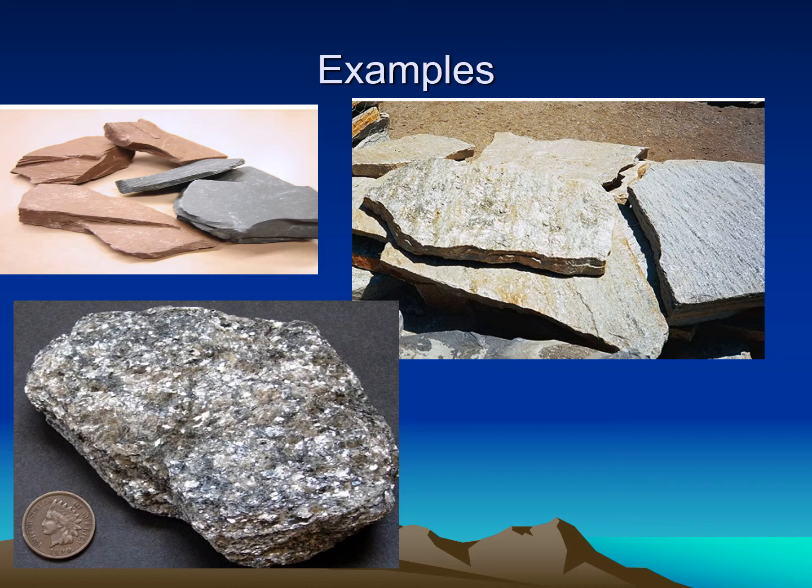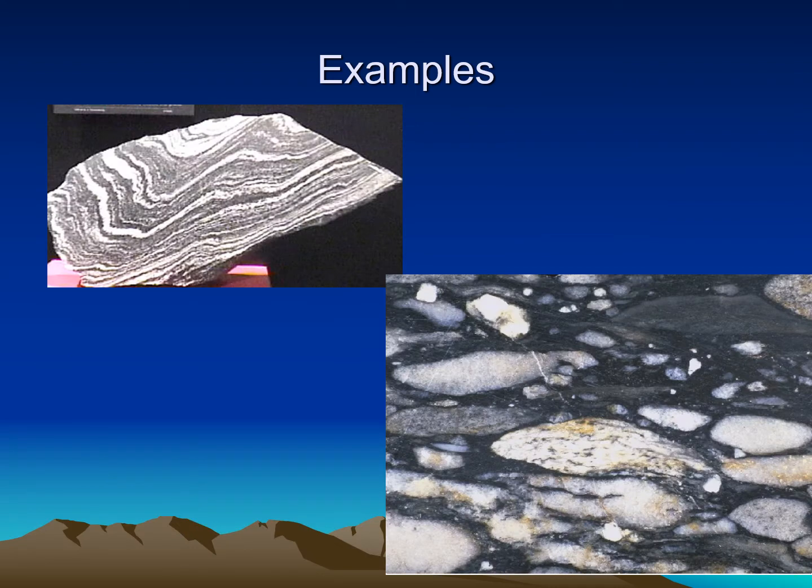In the bottom left, that is a mica schist. It's hard to tell whether or not there are any garnets in there. And why is there a Canadian coin there beside it? And the answer is, of course, for scale. So other examples here of foliated metamorphic rocks: in the bottom right, that is a close-up view of a stretched pebble metaconglomerate. Up on the top left, that is a banded gneiss. We might think of that as a migmatite gneiss. It's definitely a metamorphic rock. It is a high-grade metamorphic rock. It is foliated for sure,